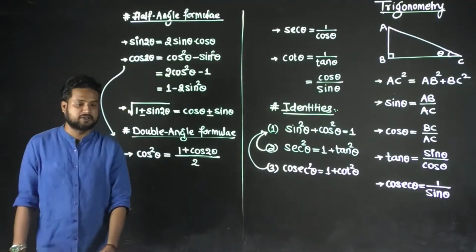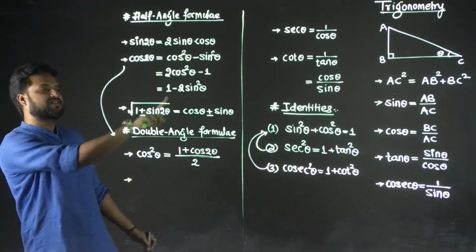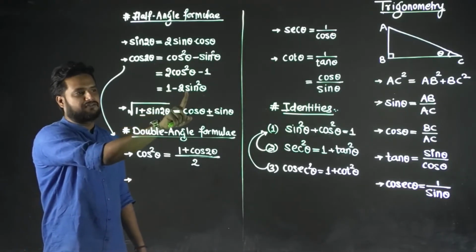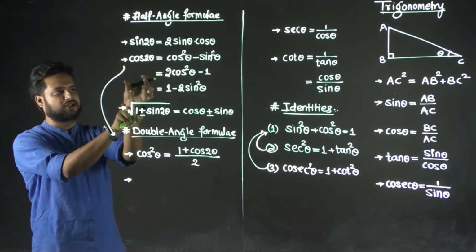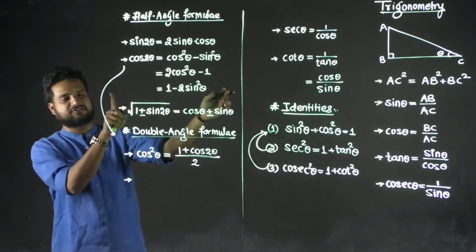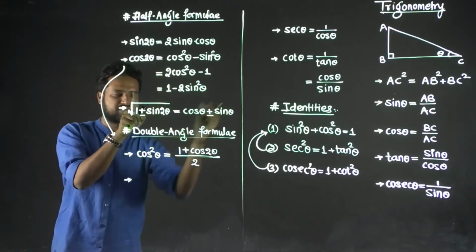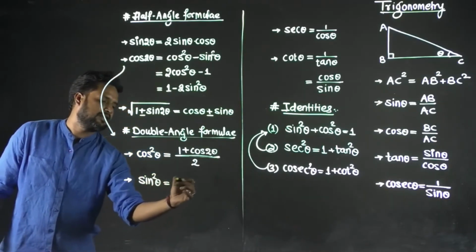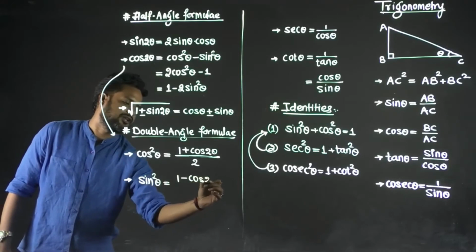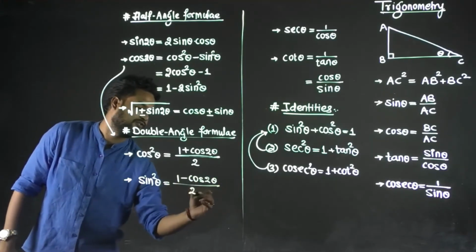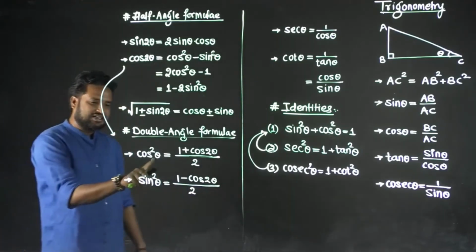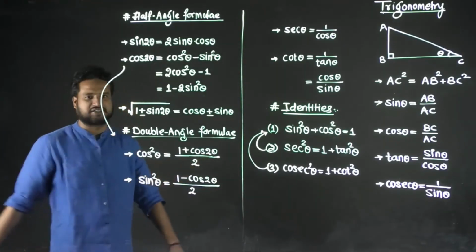Clear? Similarly, from this equation you can see, if I eliminate sine, like if I take this to the right hand side, this particular part will go to the left hand side and this particular part will go to the right hand side. So I'll be getting a formula for sine square theta, and that will be (1 minus cos 2 theta) divided by 2. Now that derivation again is for you only. Now what happens in these two formulae? This is angle theta, this is 2 theta.